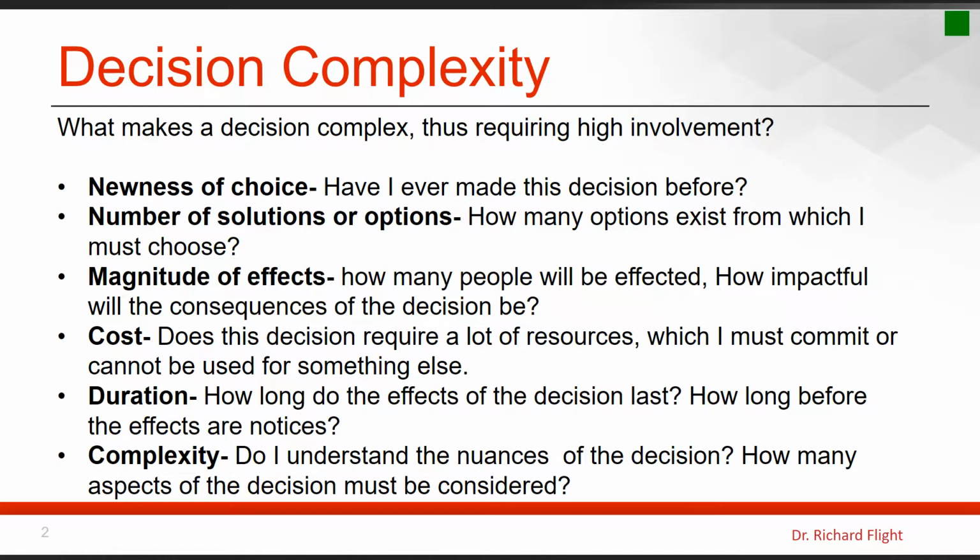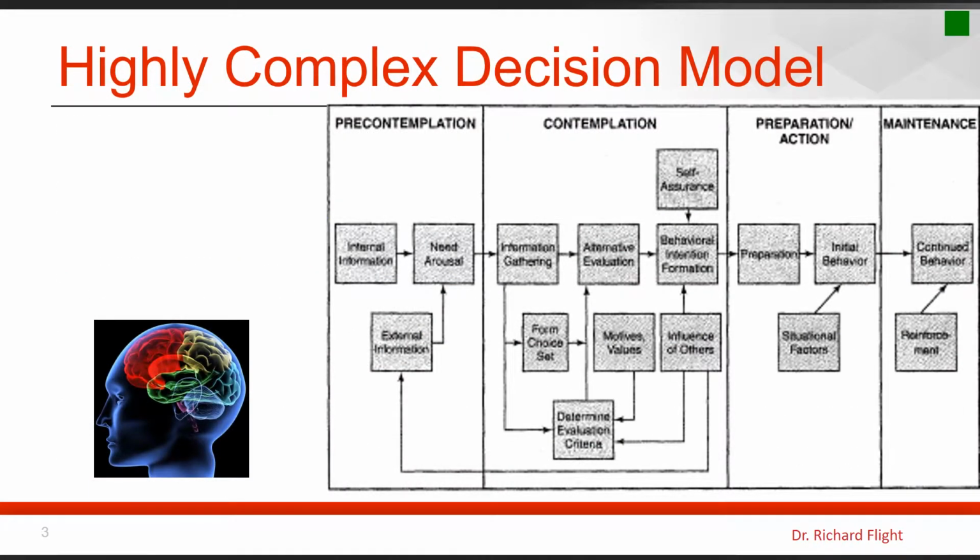Decision complexity plays a role in how we make decisions and how much energy we use mentally while making the decision. Now, there are any number of different models that describe how decisions are made. And of course, in marketing, we do this too. For a nonprofit, this is particularly important because we're asking people to make decisions that could change their lives or enhance their lives, certainly.